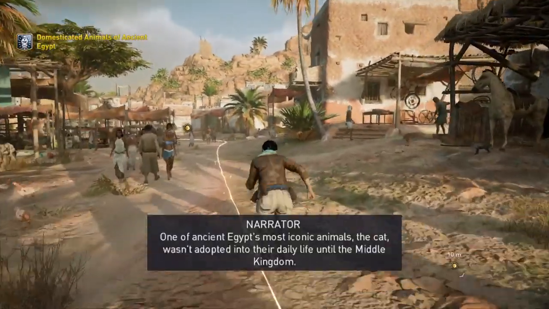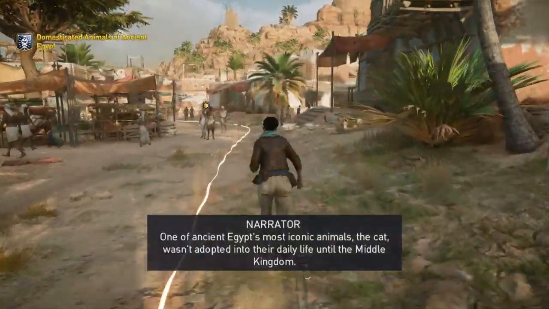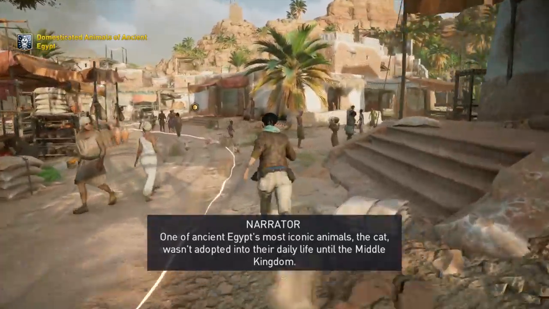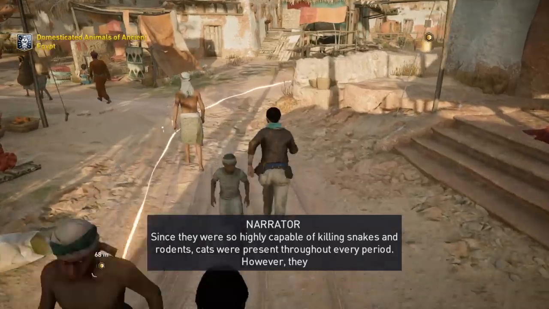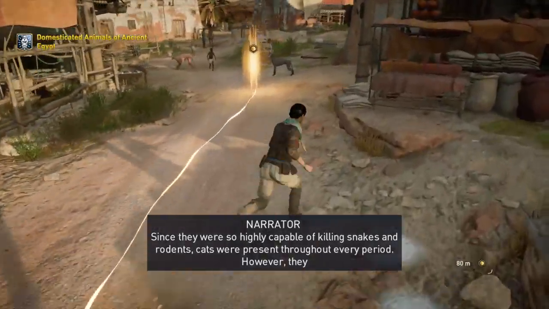One of ancient Egypt's most iconic animals, the cat, wasn't adopted into their daily life until the Middle Kingdom. Since they were so highly capable of killing snakes and rodents, cats...